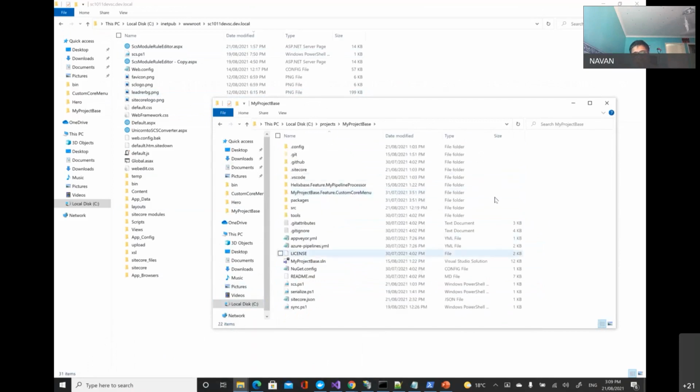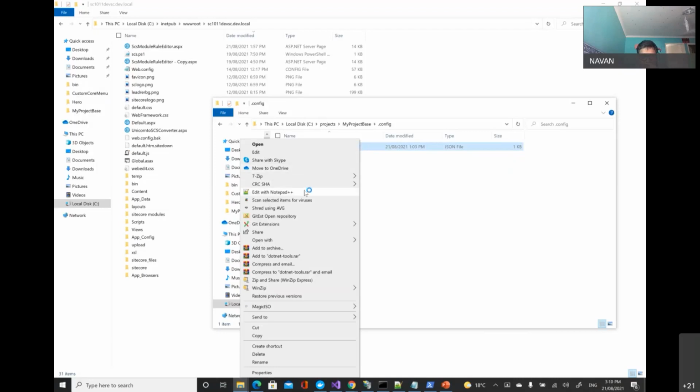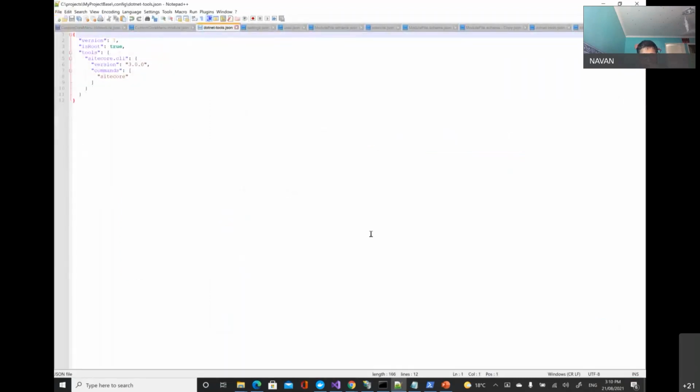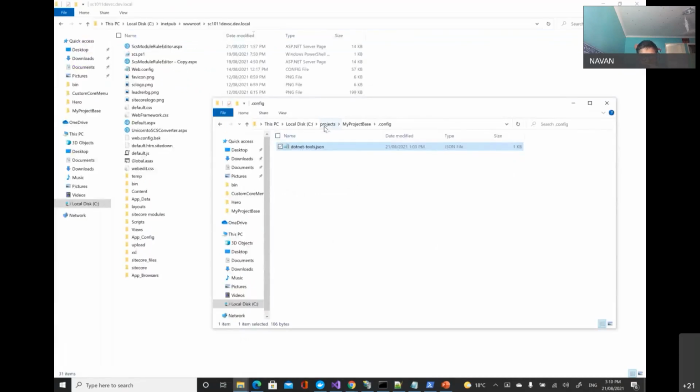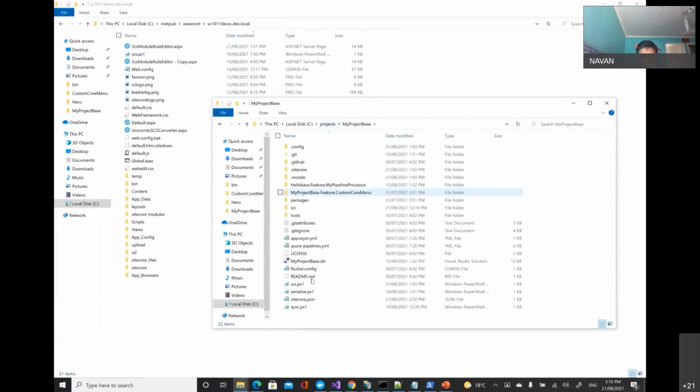So this is my Helix base cloned folder. So here, if you look at this .config, this gets created as part of the first command that you said, like .NET. You see the list of commands. So these are the commands.